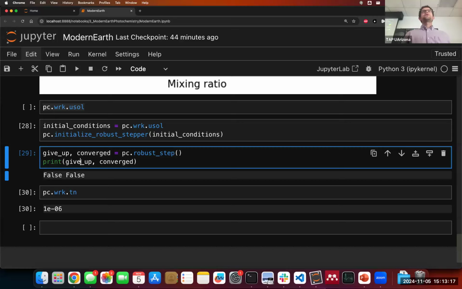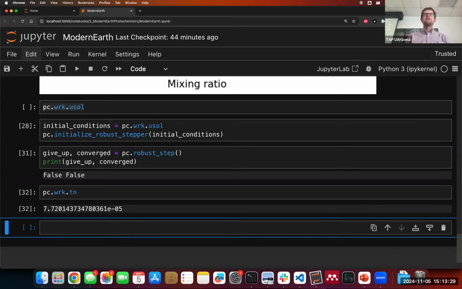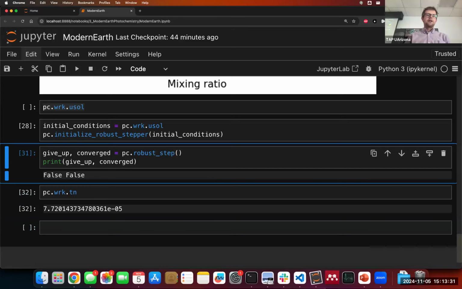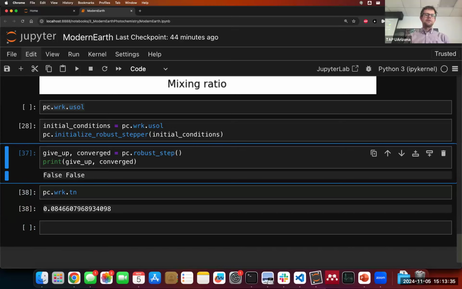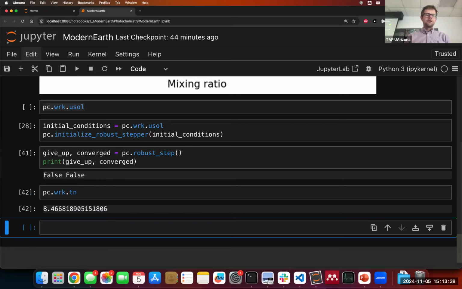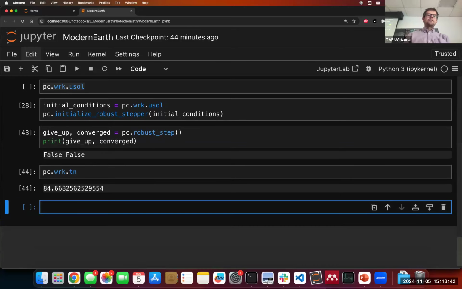And generally for rocky planets, the convergence criteria is we just integrate to about 3 billion years or something like that. And that's when we say the model's at a steady state. So I can take another step, and the time advances a little bit. And I can take another step and another step, and you can see how time is just advancing slowly. And so we could, for the sake of